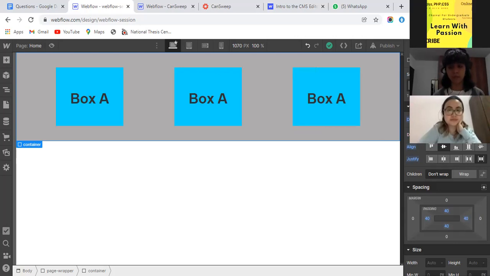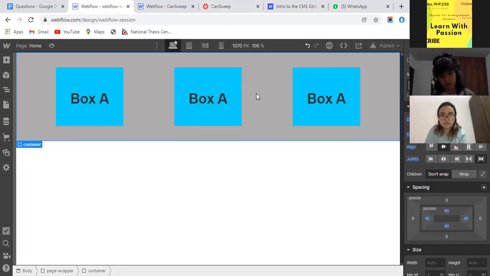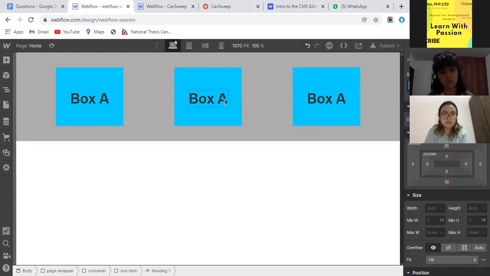And if the user wants to handle it vertically, they should select the vertical. We can handle this this way. So this is the purpose of the Flexbox, and this is the way we can use it.